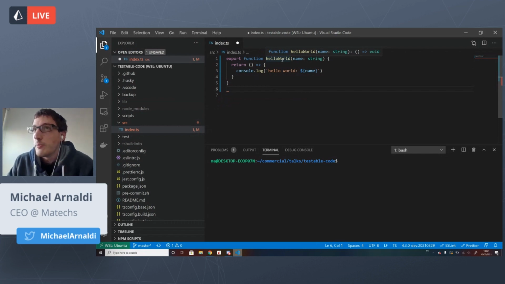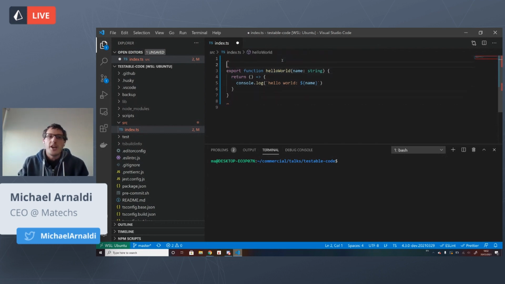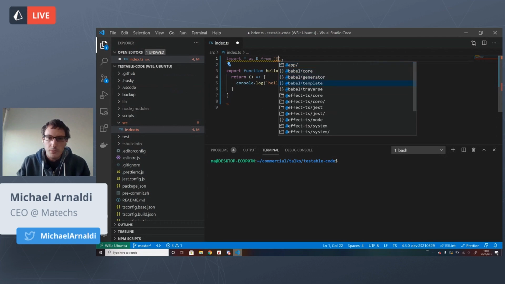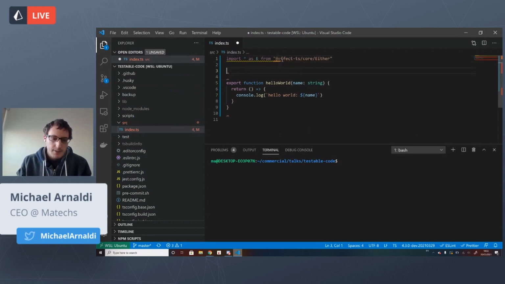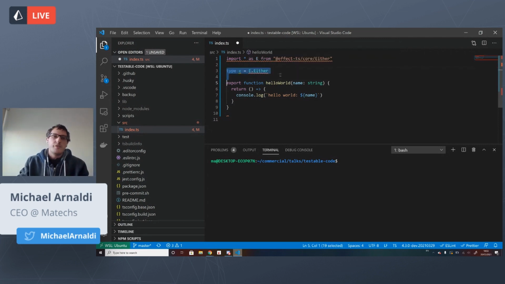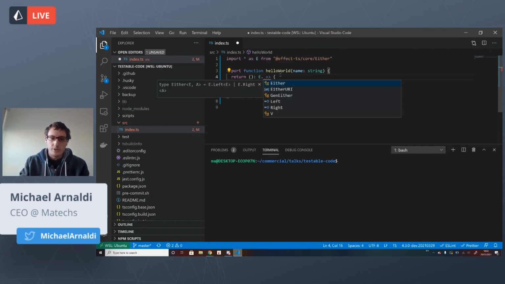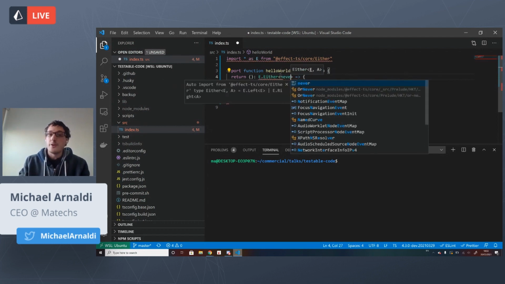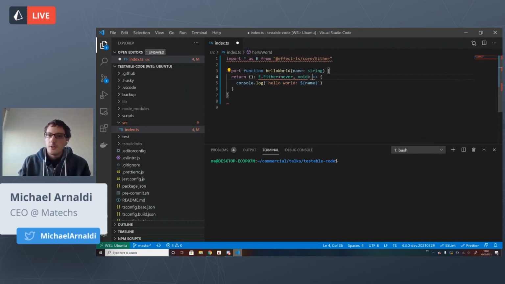Second part, we said there is no information if that function can fail or not. Well, this is still correct. There is no information here. For that, we can use an Either data type that, for simplicity, I'm going to import. So the Either data type we can see has 2 options. It's a union type. It has the left side, which might contain a value, or the right side that might contain a value. If I specify that this function shall return Either of never on the left side and of void on the right side,